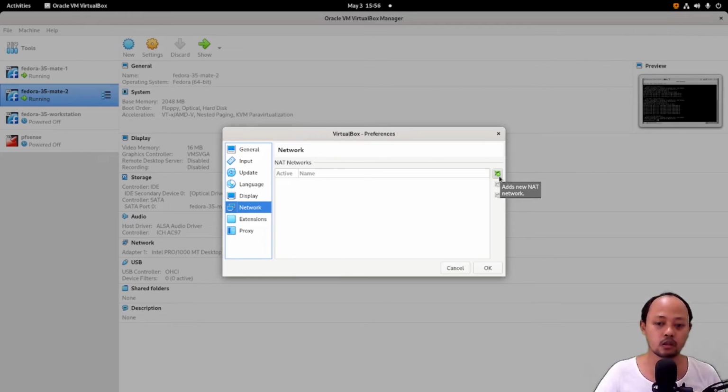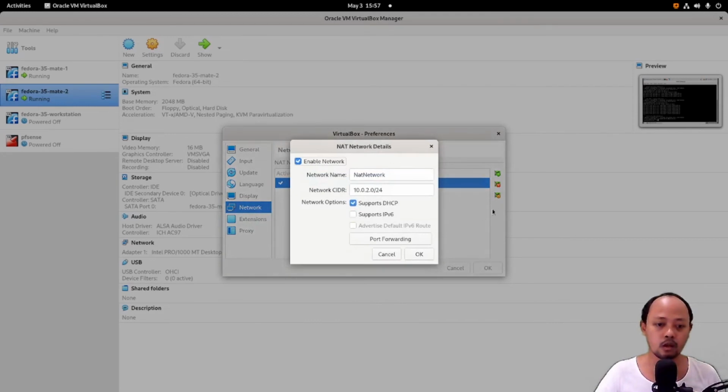Here we can create a virtual router and set the IP. For example, we will name this virtual router NAT network 1, and the IP will be 10.10.10, and the DHCP server is active.